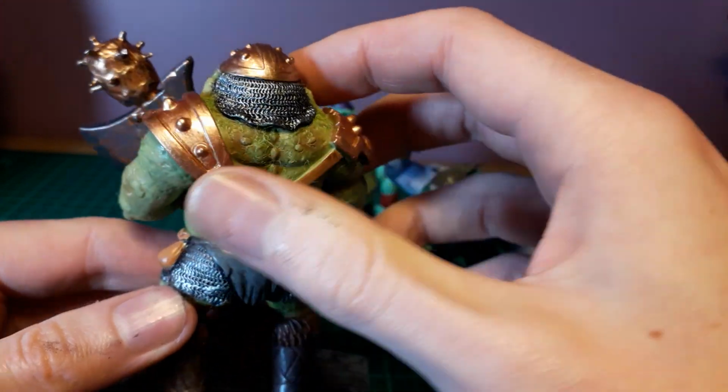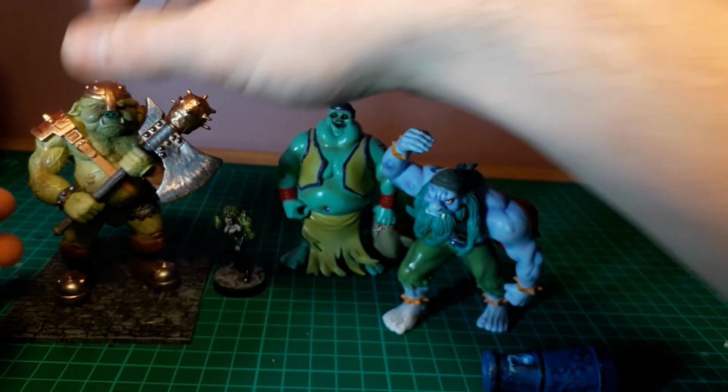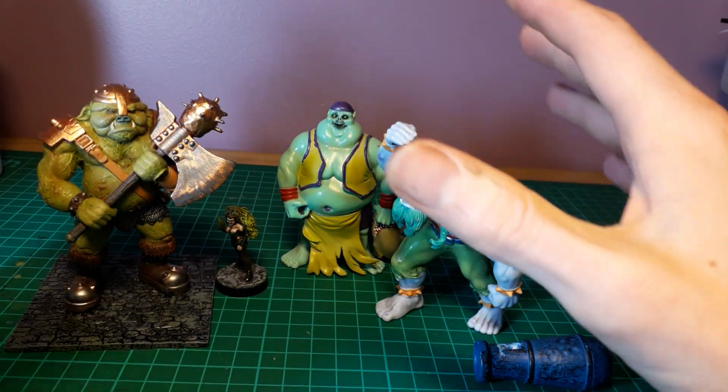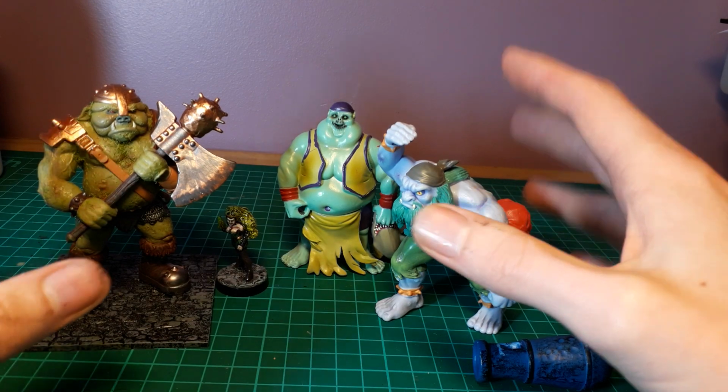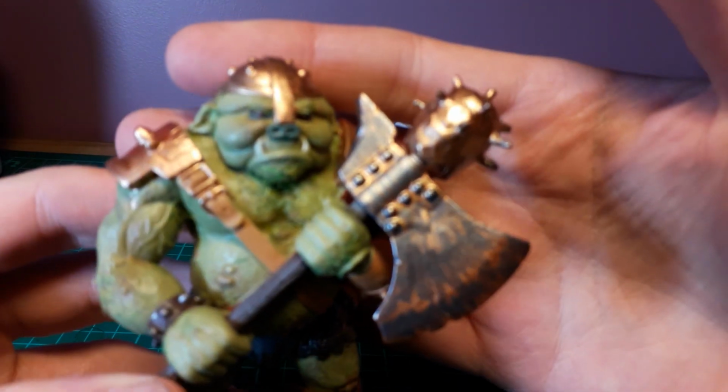But I like it. It's not very serious. If you're into really realistic kind of D&D and that kind of thing, they're obviously not great for it. But that's those guys. And I'm going to work on this guy and put some paint on him, and then